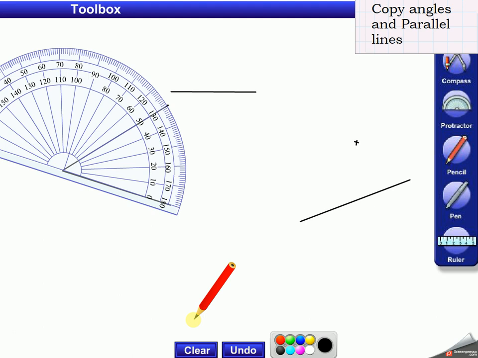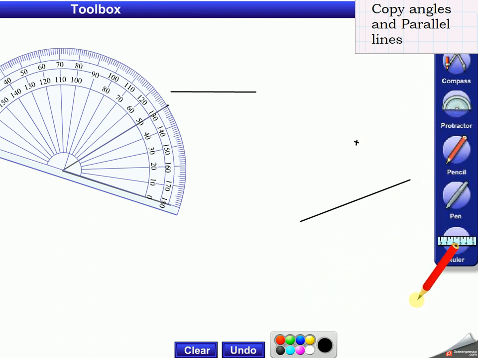In this video we're going to use a little technique to create a copy of an angle. So for this angle of 50 degrees, I want to make a copy on this line up here. I want to know it's 50 degrees without actually using the protractor. The second one is we want to create a parallel line through here, and what you might remember is a